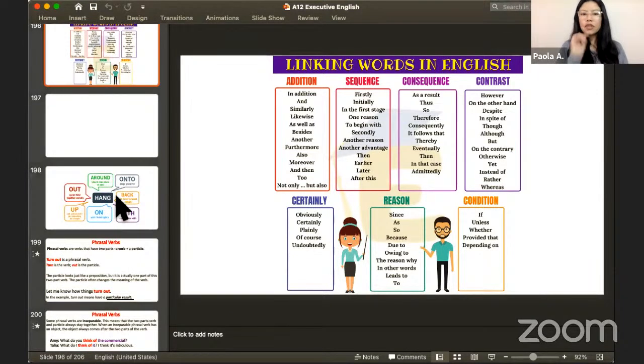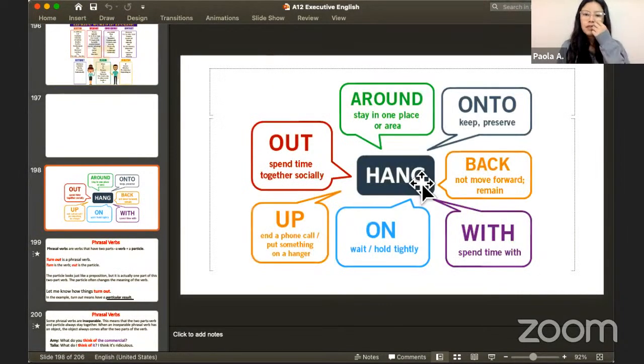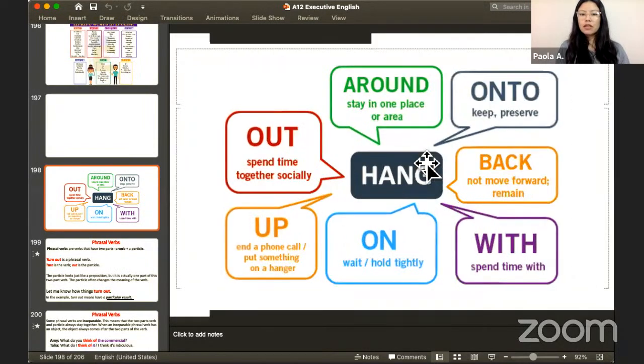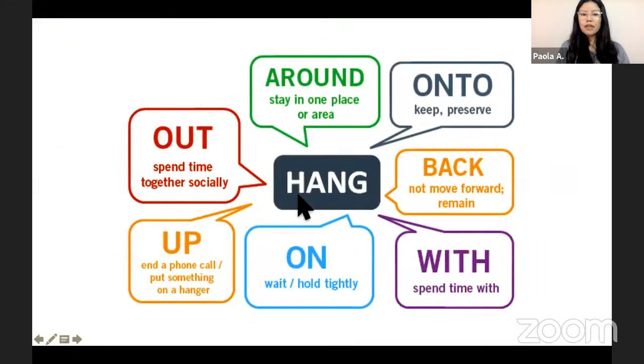We're going to see phrasal verbs. Phrasal verbs, well, I'm going to explain this and then I'm going to practice. So there is basically the combination of the main verb with other words that helps us to create new words. So for example, hang, it has a meaning, right? It has a simple meaning. However, when we combine it with other words, it changes, it has another meaning, no?